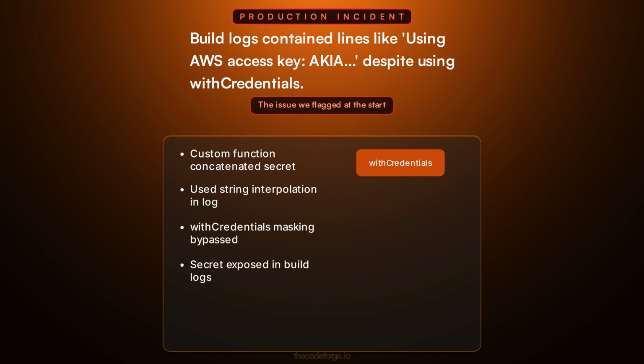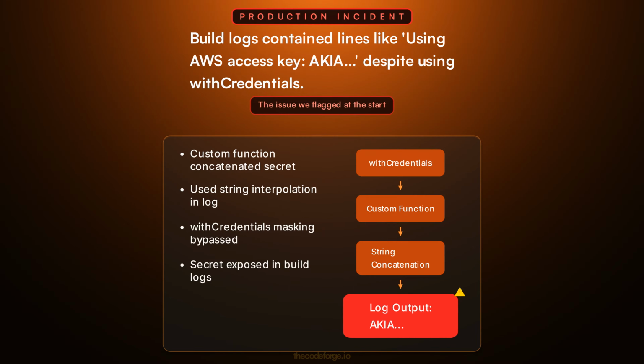This is the same issue we highlighted at the start. Here's exactly why that happened. The team assumed withCredentials properly masked all usage of credentials. However, a custom Groovy function concatenated the secret into a string for logging without using the safe version, bypassing the